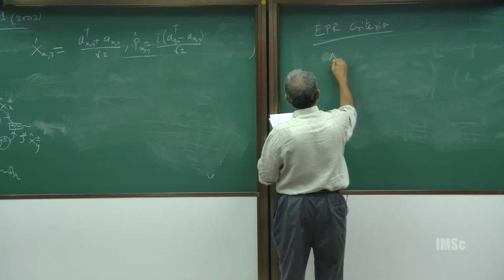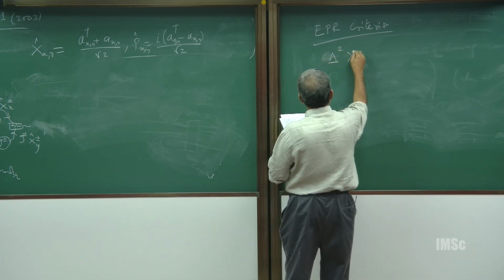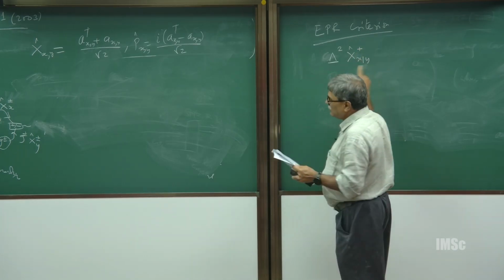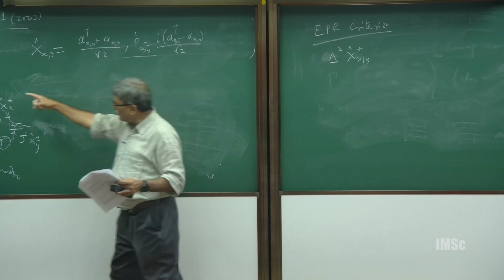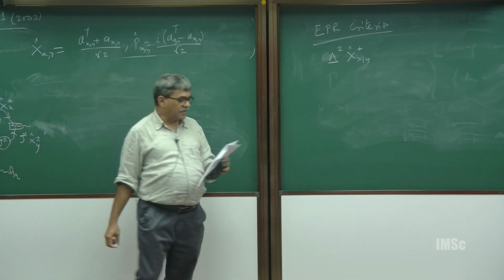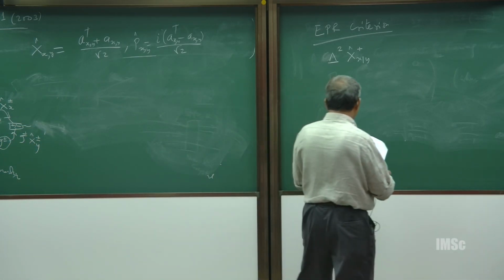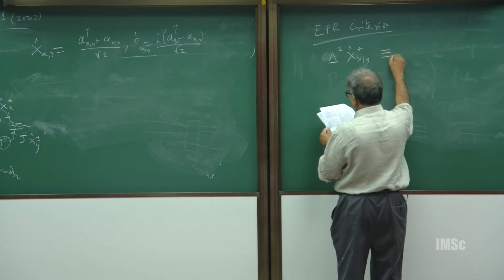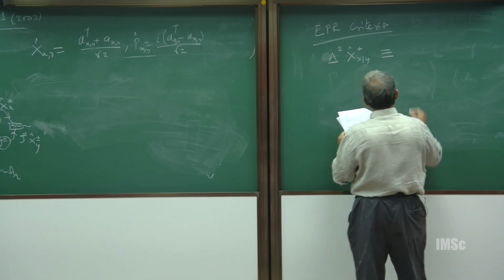So, delta square x plus, x by y. This x and y, you understand, this is for the mode x and this is for mode y, okay. So, x by y. Now, what is that? By definition, this is equal to